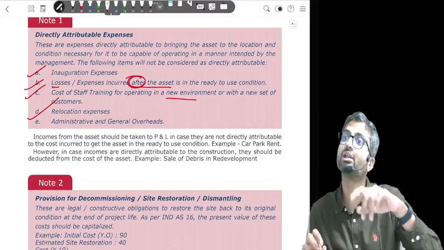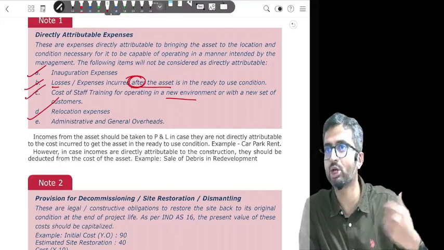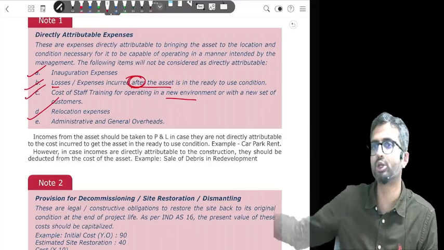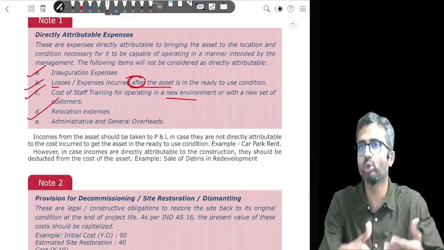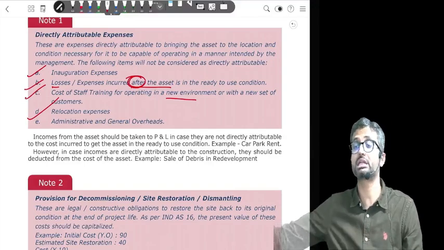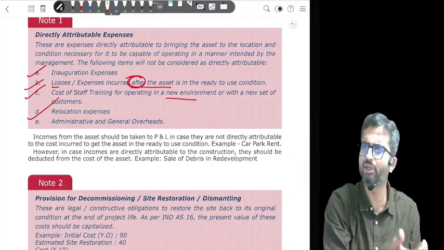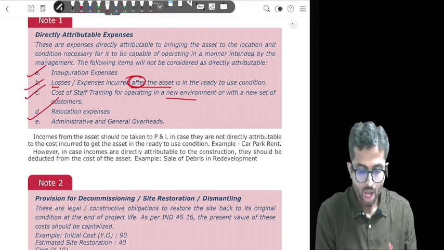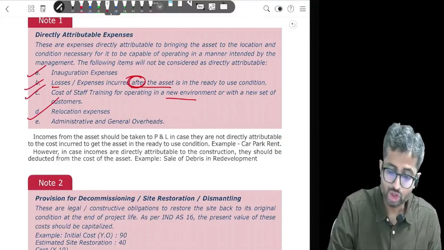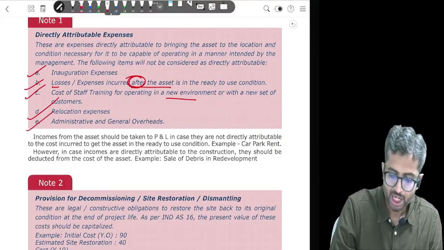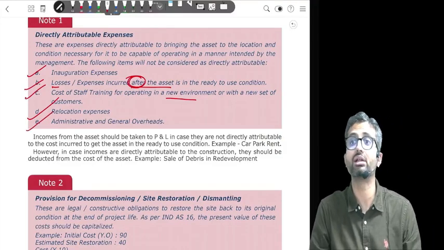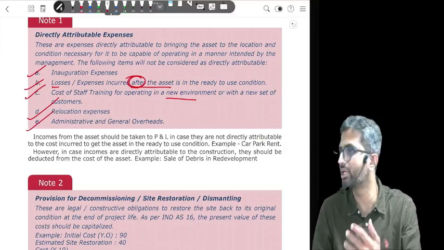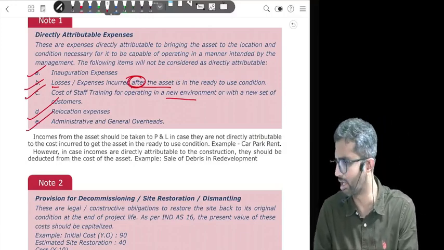So then in the new line you can capitalize because it is necessary for the new line to come in, but that will not change the cost of the old line, for example. In the new line, if this cost was directly attributable to construction of the new line, then you can definitely capitalize it along with the new line. And otherwise, the generally accepted principle is administrative, selling and general overheads will not be capitalized because they are administrative in nature, selling and distribution in nature. Are we clear with this?